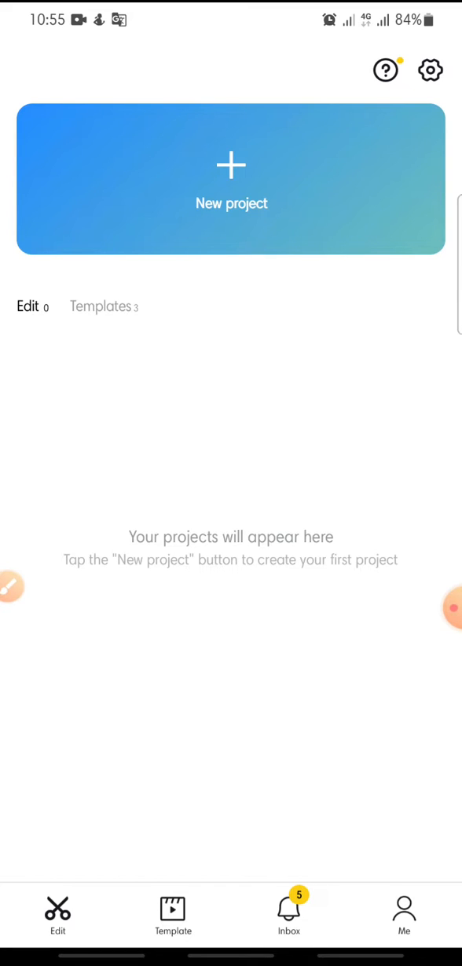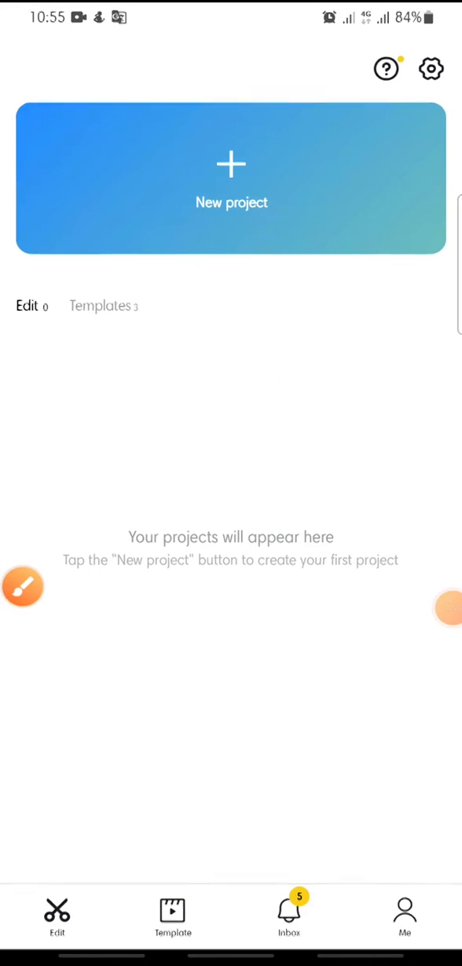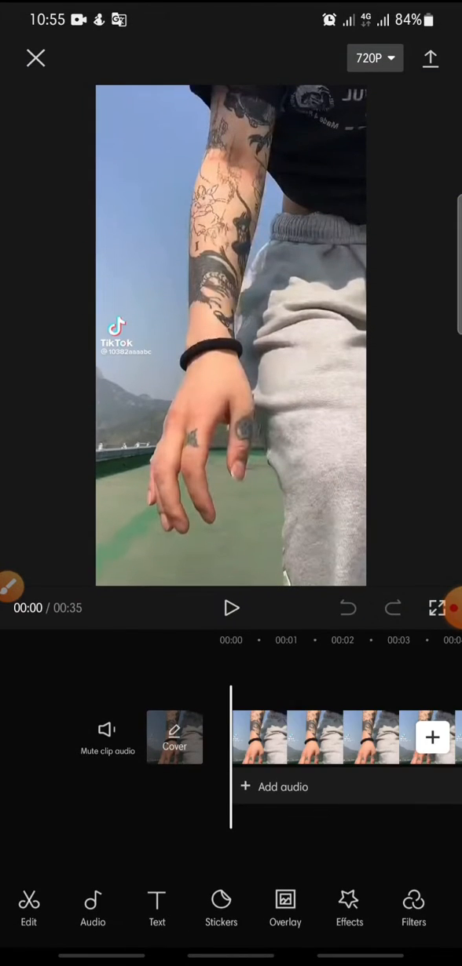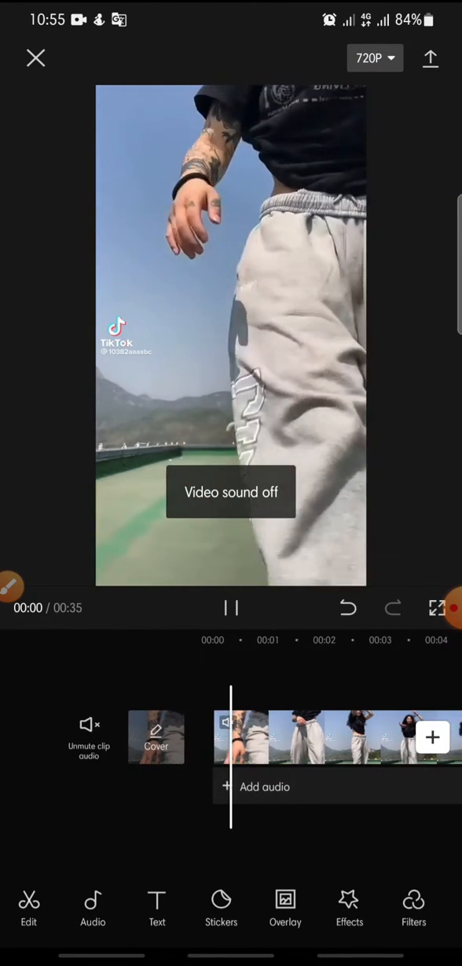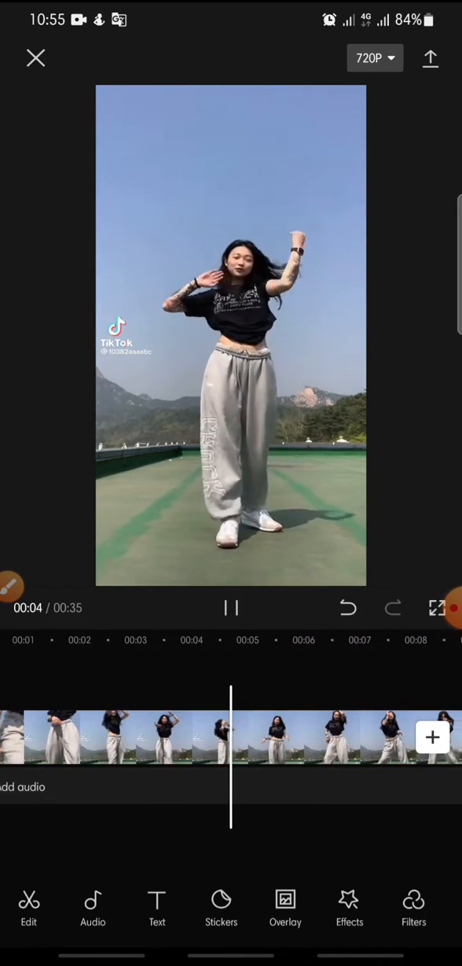So let's get started. First, open CapCut and click new project. Click new project and add the video that you want to edit. This one. Click add at the bottom. Now I will show you, this is the original video like this, but in here I want to add a flashing frame